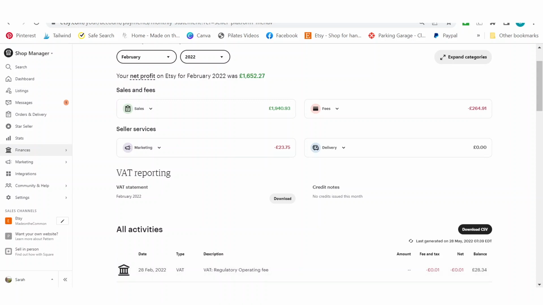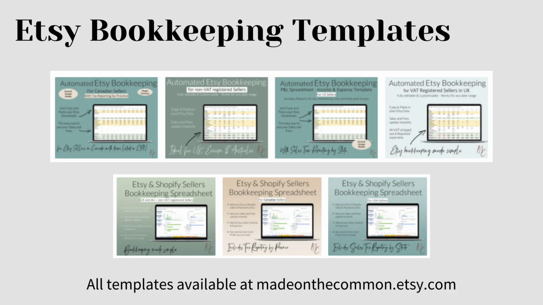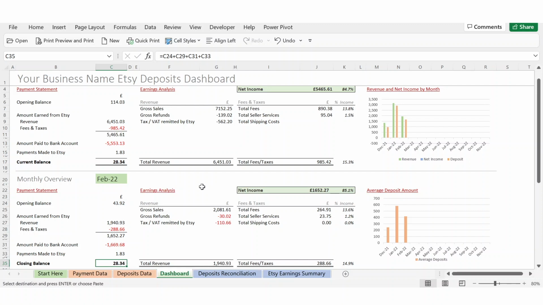Now, I do need to point out that it's not a full bookkeeping template, so it literally just looks at your Etsy payment account and gives you the breakdown of those figures. If you want a full bookkeeping template to do all of the numbers for your business, then I do have lots of other bookkeeping templates available. This deposits manager is the perfect add-on to those bookkeeping templates because it gives you the missing piece between your earnings, which is what's used on all of the bookkeeping templates, and what's physically being paid in each month. It's a really handy way of checking those numbers. It gives you an extra double check on your payment account numbers and helps explain and match up with what you physically